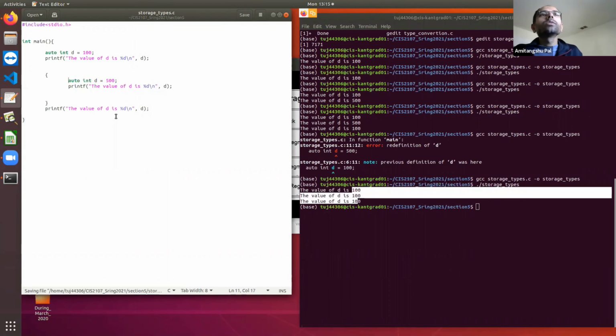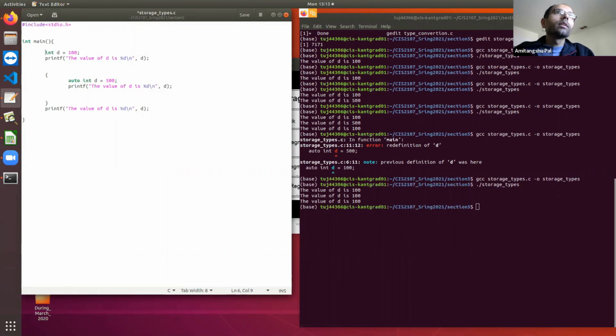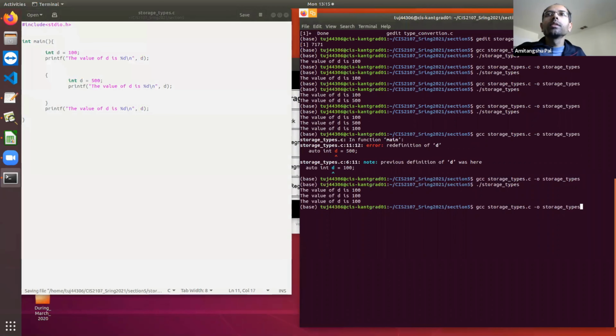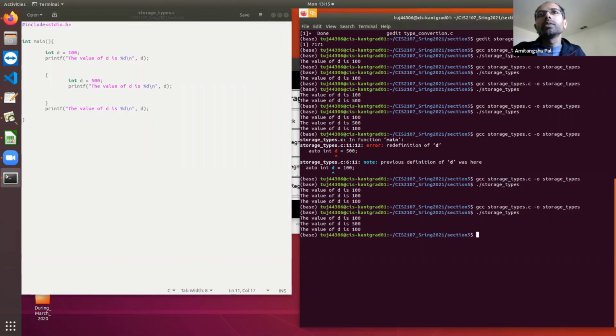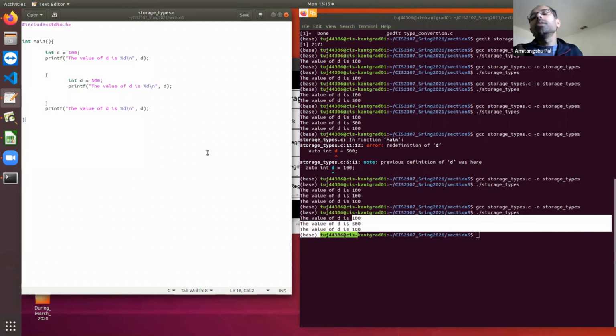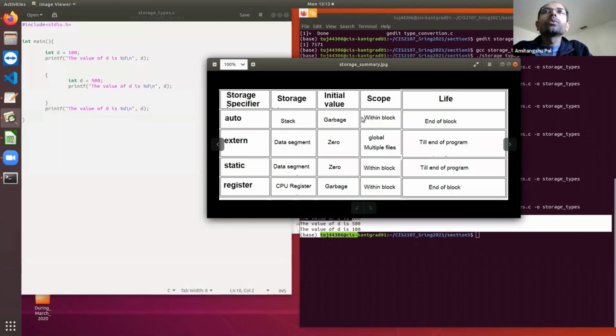Okay. So this is about auto variable. And instead of writing auto, as I said, if I do not write auto, by default it will be considered as an auto variable. So it is going to behave exactly the same as the auto variable. Okay. So the scope and life is clear.